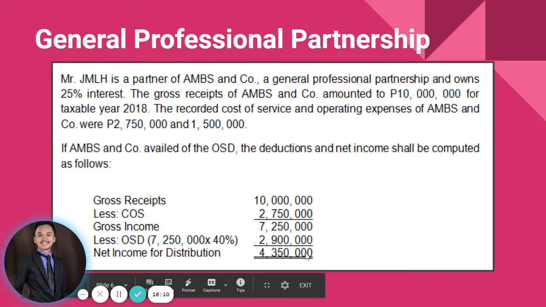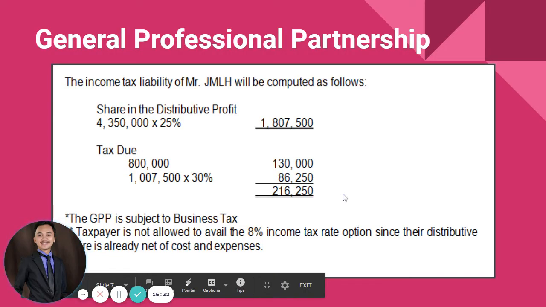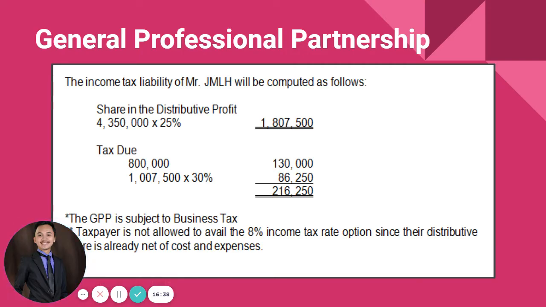So this 4,350,000 will no longer be reduced by the 30% income tax rate since again the partnership is a GPP. Okay? The partnership is a general professional partnership. So that means we will no longer be reducing this 4,350,000 by 30%. So this exact 4,350,000 will be distributed to the partners. Okay? To continue, given in the illustration that the partner will receive 25% of the total distributable income of the partnership. So that means 4,350,000 times 25%. So the share of the partner will be